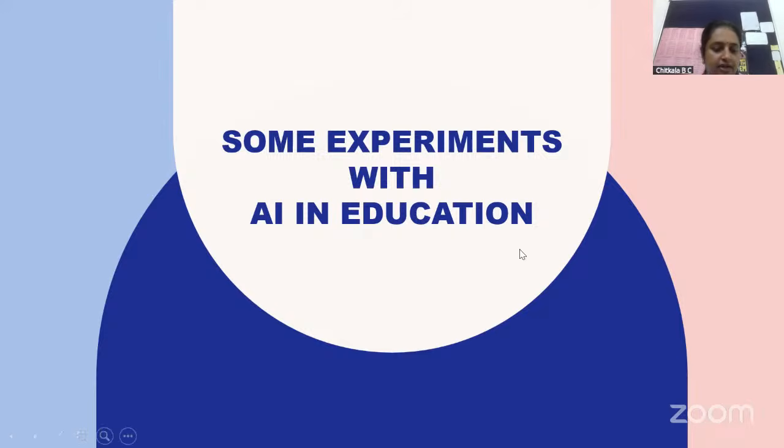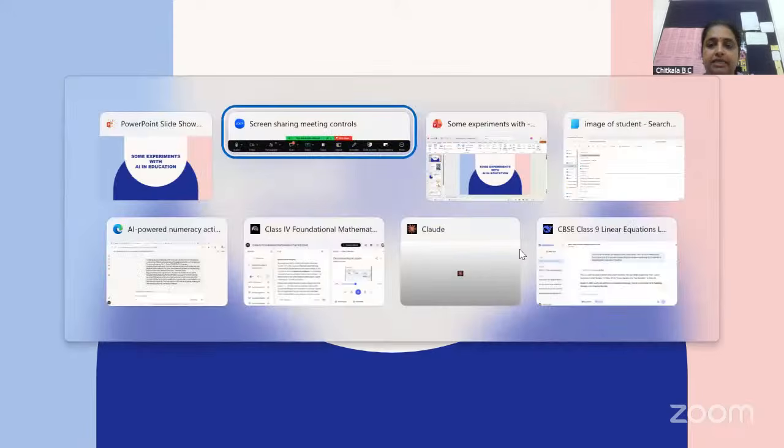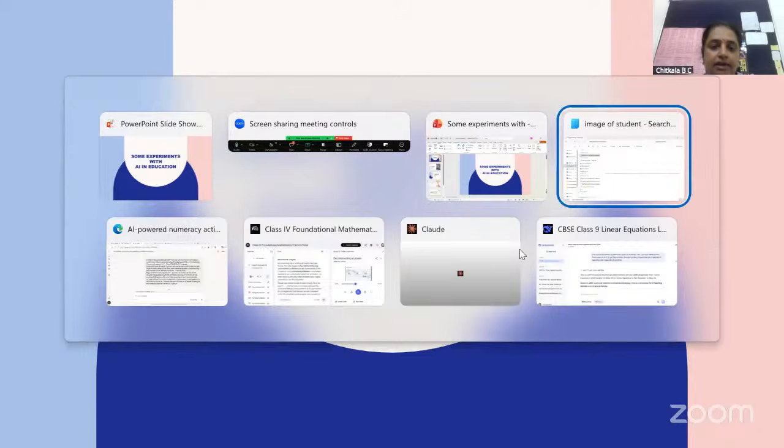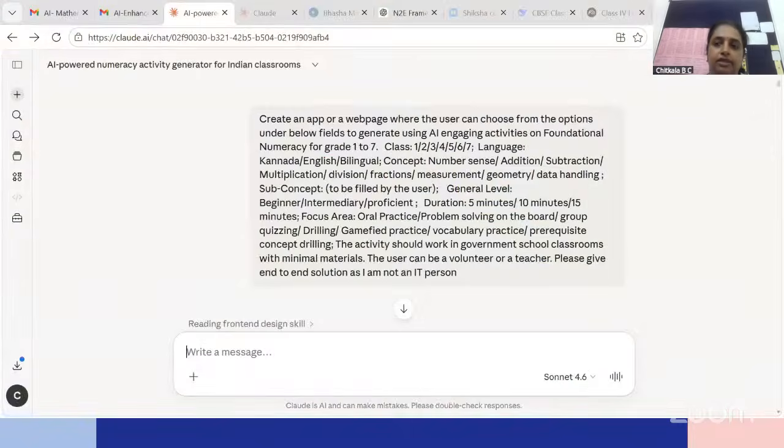First of all, I would like to start with one interesting thing I did with Claude. As you can see the prompt here: create an app or a web page where the user can choose from the options under the fields below to generate, using AI, engaging activities on foundational numeracy.